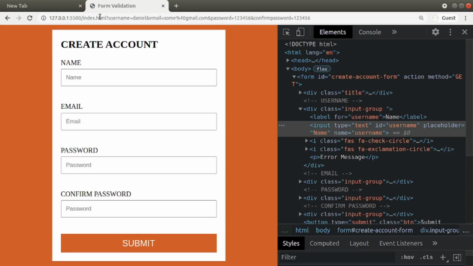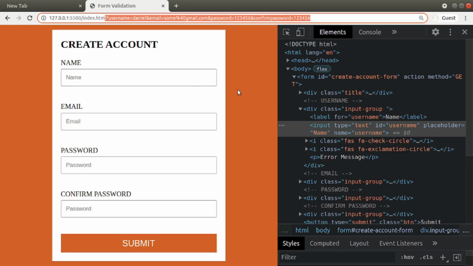See, a question mark. After that, our form values. Username equals Daniel, email equals some@gmail.com, and password and confirm password. Now after this question mark, we call this query string. Remember that.